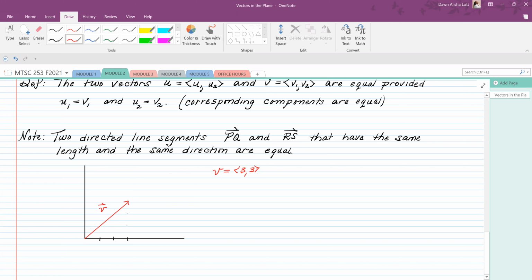But if I move v over, and so now I go 1, 2, 3, and I go up 1, 2, yep, that's right, 4. And then I draw this vector, and this vector is u. And u is the vector